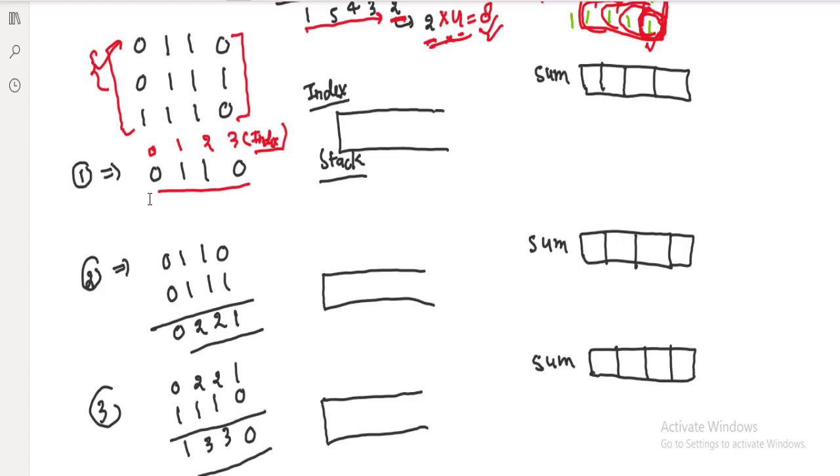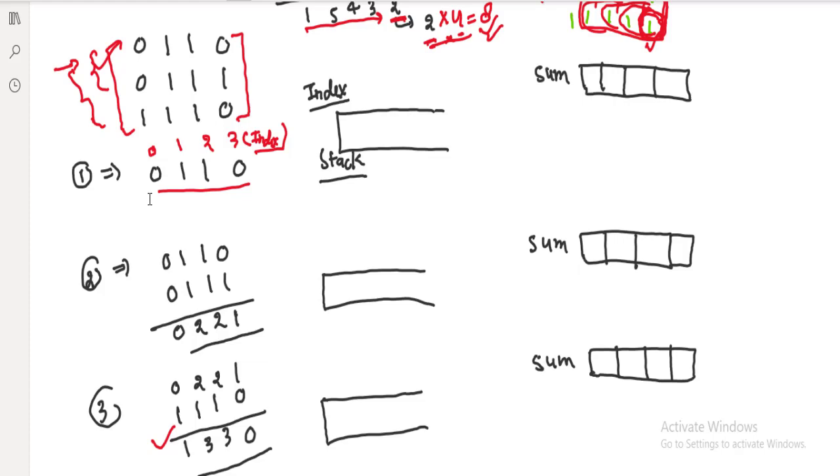Next we can take all three zeros and add it. This will be the value. Now we have only 3 possibilities. In this approach we'll take this way, like we have fixed this first row, then add second row, then add third row, and keep on computing the total number of submatrices.